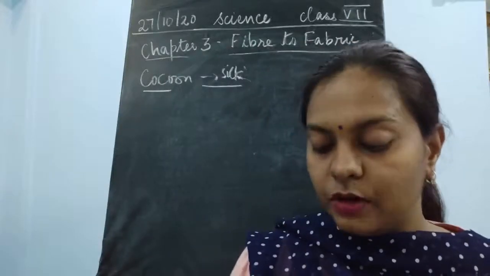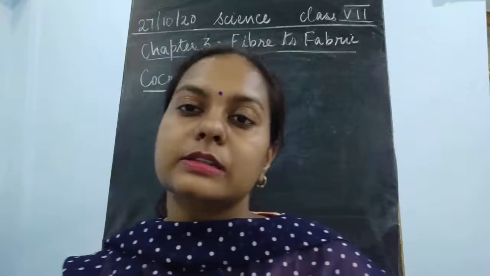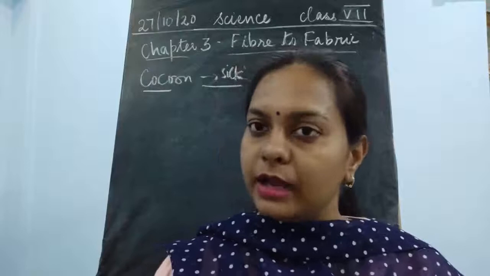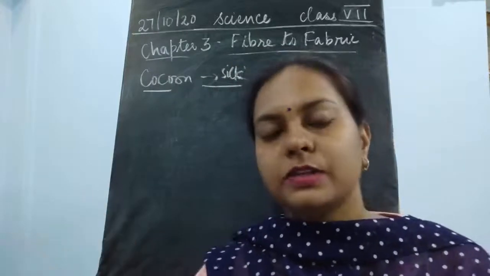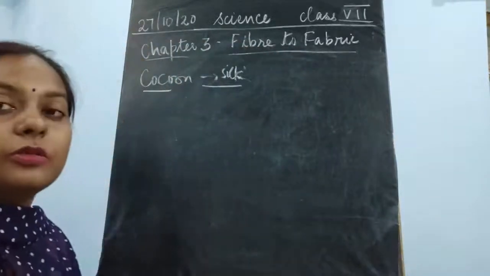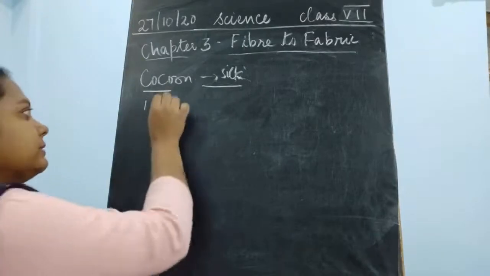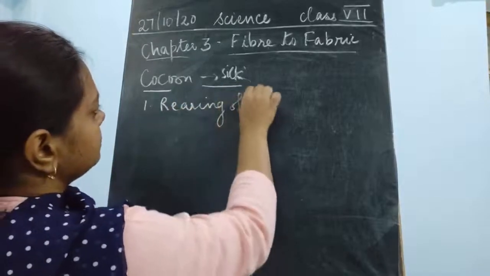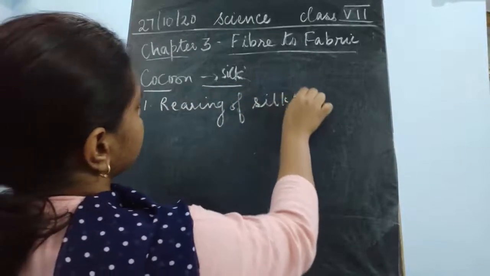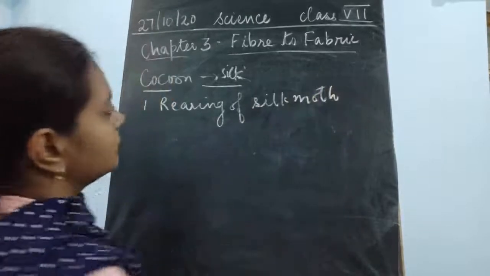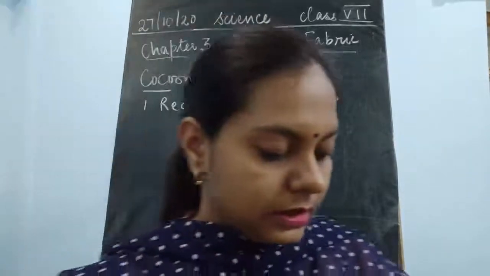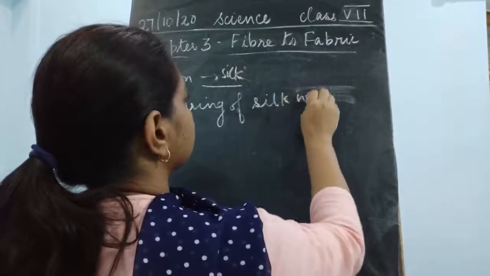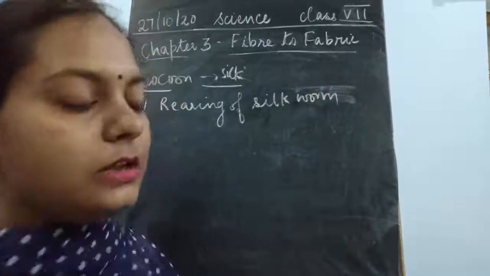As the first stage of the processing of wool was rearing of the sheep, if we take care of the animal, only then are we going to get their product, isn't it? If we do not care, these products will not be good and the quality would be reduced. So the first is the rearing of silkworms. Sometimes it is said to be a silk moth. Rearing of the silkworm is being done.